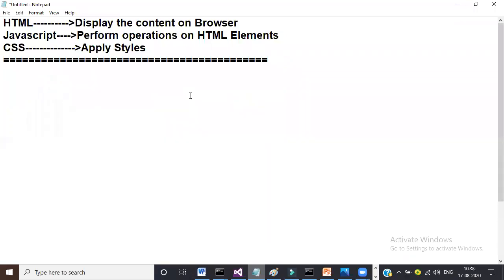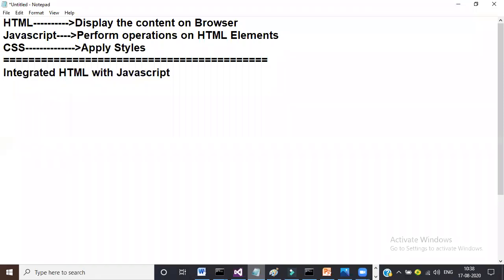We discussed some variables, syntaxes, and some basic level programs. Dialog boxes we completed: alert box, prompt box, confirm box, eval. So today let us see some small programs, integrating HTML with JavaScript.